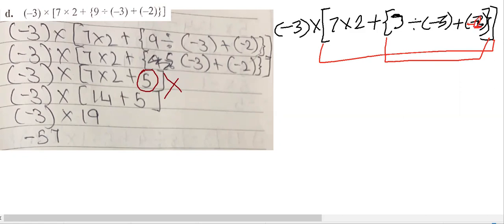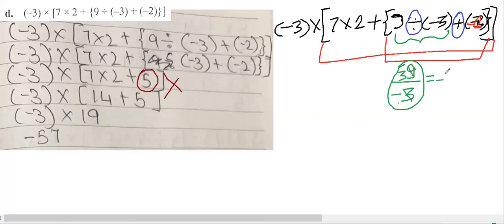Okay, and how many operators do you have over here? You have division and you have subtraction. So which will be done first? First this much will be solved. Okay, so I am going to solve only 9 divided by minus 3. So when I solve this 9 divided by minus 3, what answer will I get? 3 ones are 3, 3 threes are 9. So I will get minus 3 as the answer.